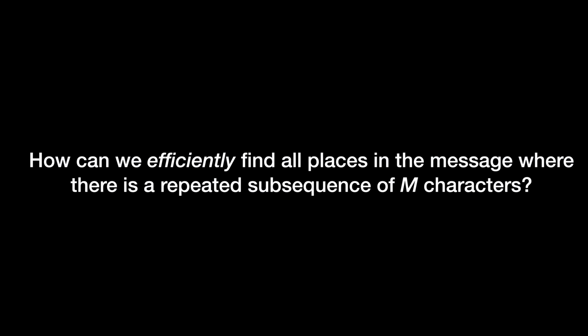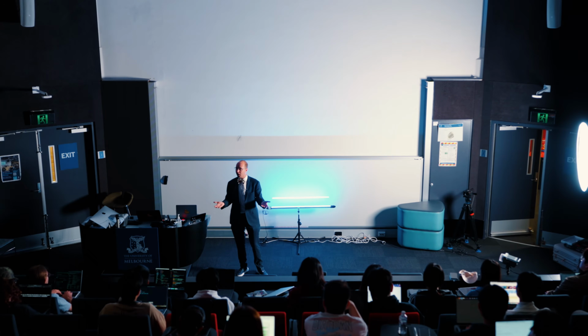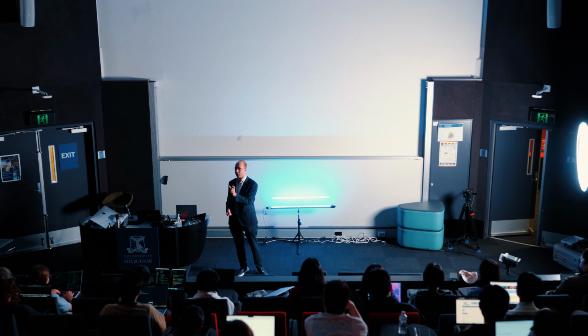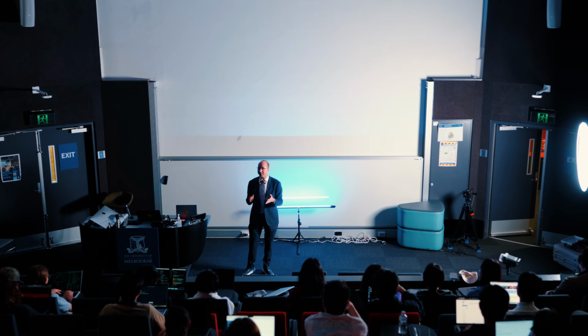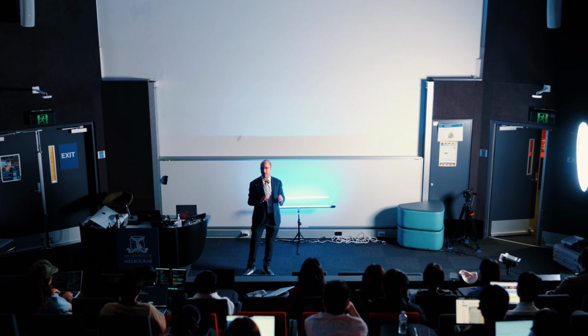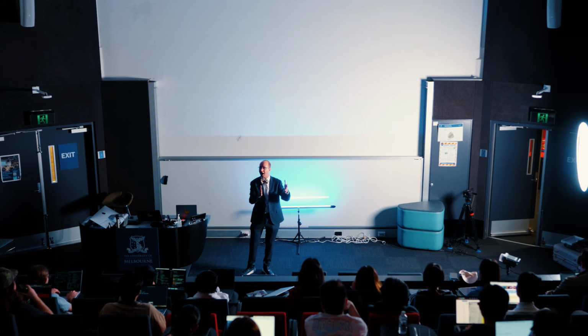How can we find repeated sets of letters? Because repeated sets of letters in the code might indicate repeated sets of letters in the original message. For example, if the Nazis are using the word Heil a lot, like they might do at the end of a message, then if we can find series of letters that always seem to appear right at the end of the message, perhaps those are a clue as to what was in the original.